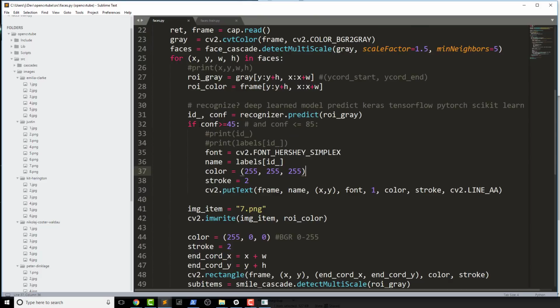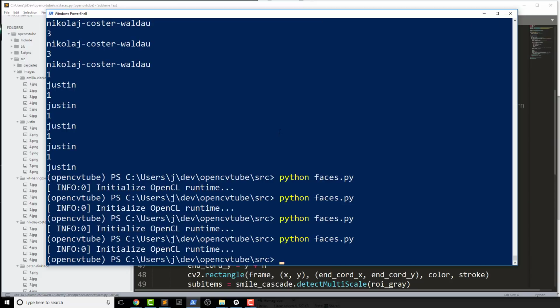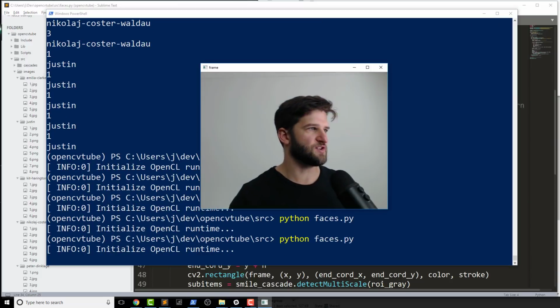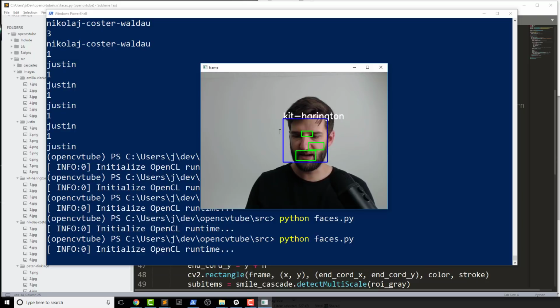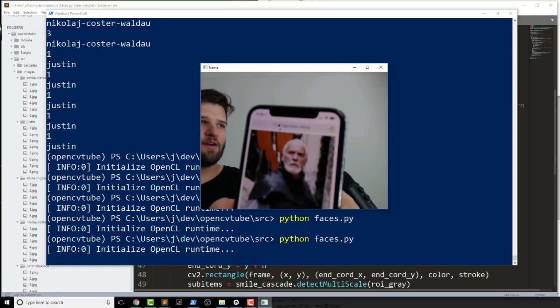And the part of it is, hey, the confidence is only at 45. So let's go ahead and bring it back to 85. So I save that and let's run it again. So really, with an unknown face, it should probably not even show anybody. Let's try that again. And now here's an old guy